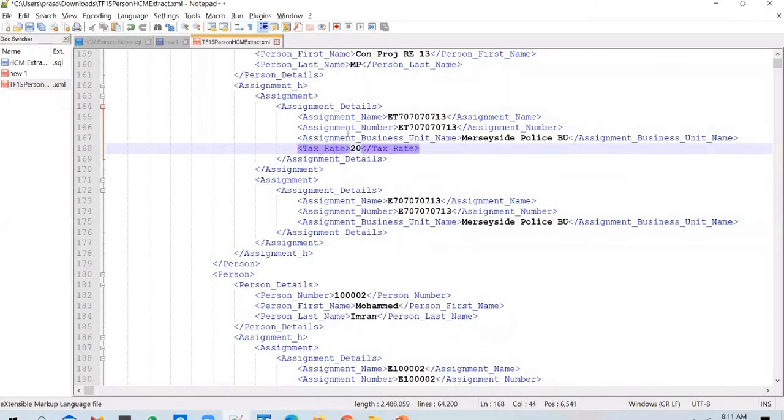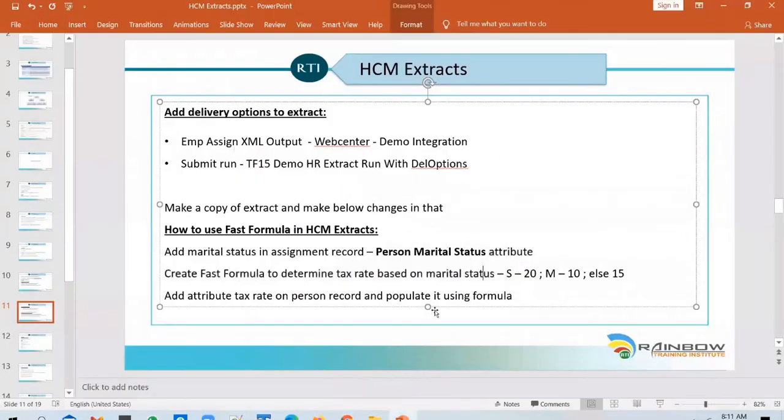This attribute needs to be calculated or generated automatically, and the value needs to be populated based on the logic. In cases like this, wherein you need to generate some additional tag which doesn't exist in the user entity, you can create a fast formula and write your logic in there. We'll discuss more about fast formulas in one of the future sessions, but for now, just think of it as a place where you can write your custom logic and execute it.